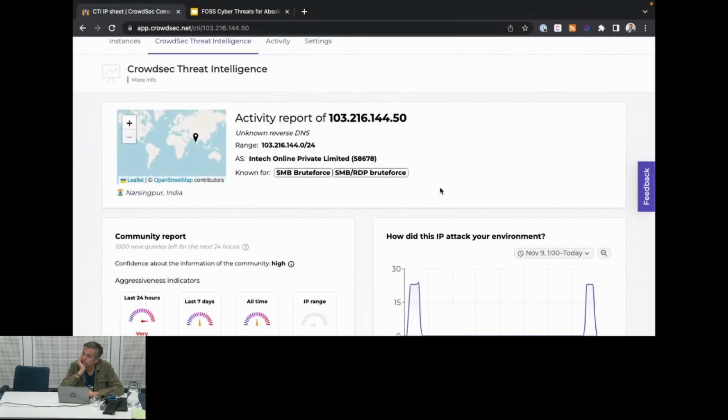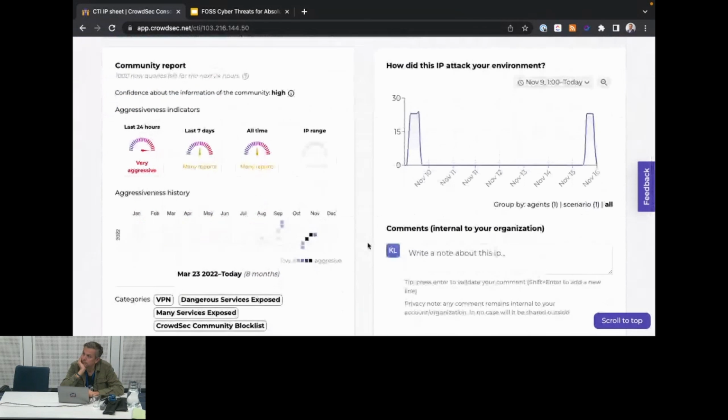SMB brute force, RDP brute force. Yeah, this is very new. Well, there was something in September, but maybe that's from another